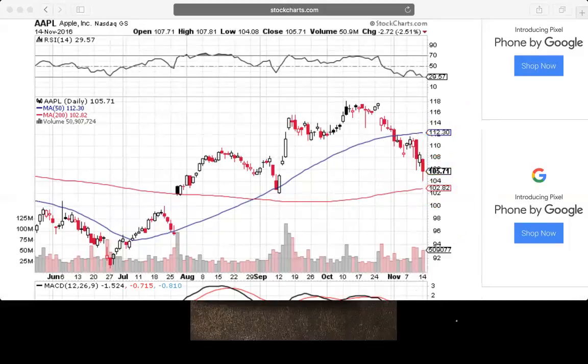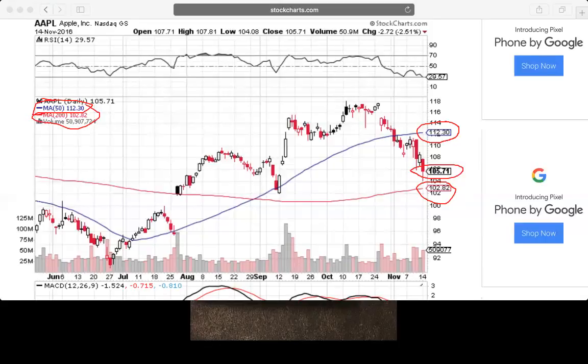So to wrap it up, short-term moving average is 50 days. This is the price. If you take the 50 days and you average it out, we should be about here. For the 200 day, if you take that, average it out, we should be about here. Since this is where we are currently, it looks like we may continue to go down, or who knows? It's just a signal. Now, since we got past that,